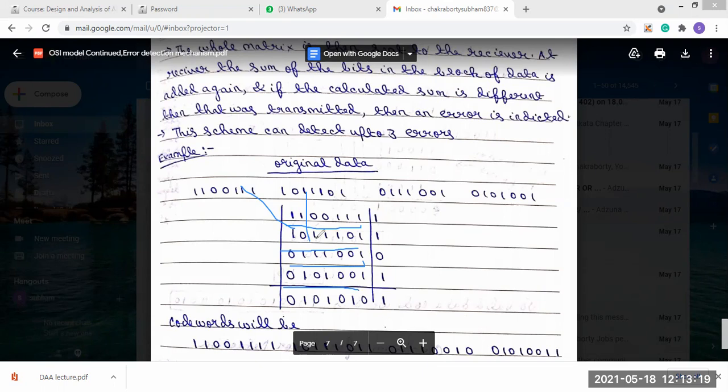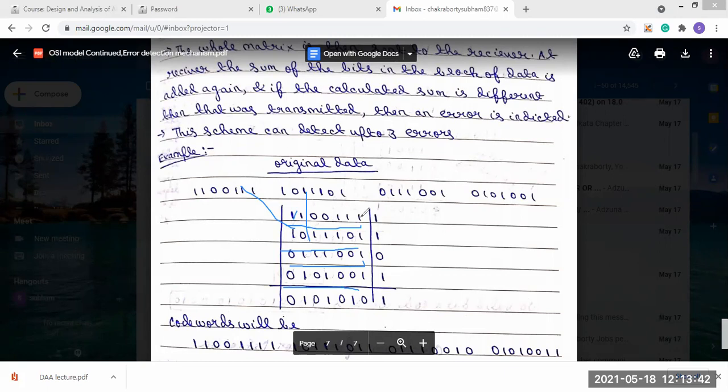So first we will check row wise, then we will do it column wise. Now if we check row wise, there are 1 1, 1 1 1, 5 ones present already.